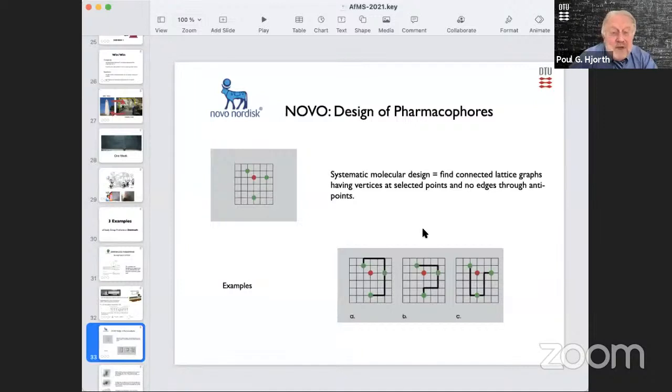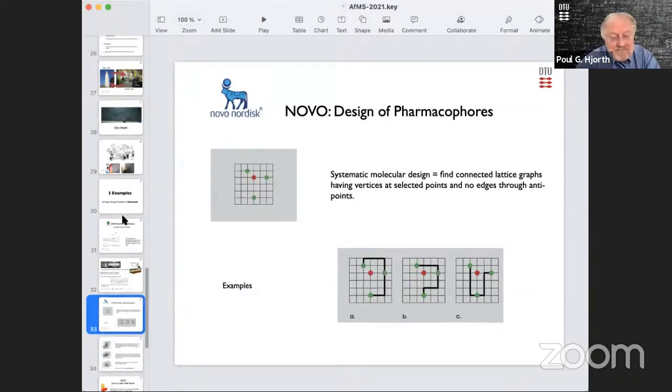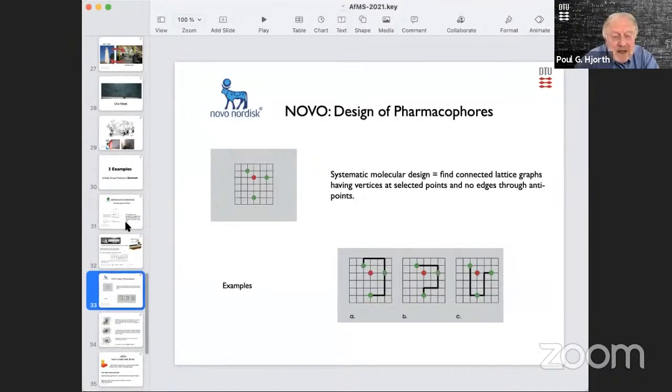And what is reasonable here? Well, they have to be able to synthesize it, and since most of these substances are organic, they have to have a shape which more or less can be fitted maybe on a hexagonal lattice or a diamond lattice. So this was the more specialized question they gave to us, and we thought about it for some time, and